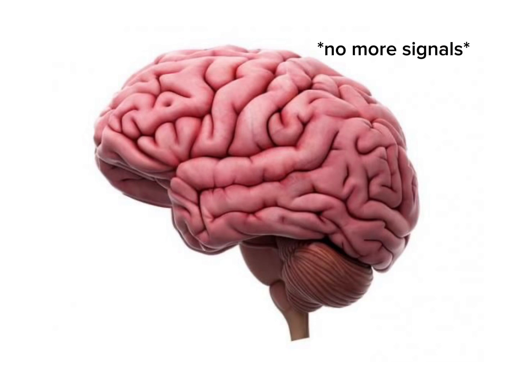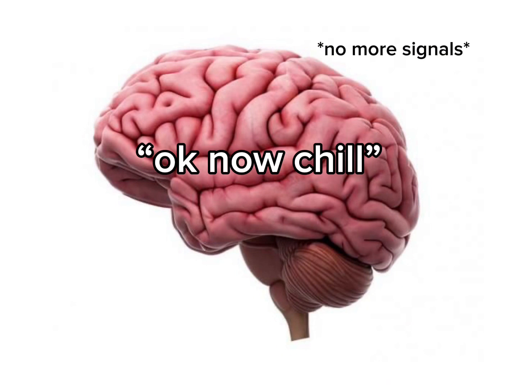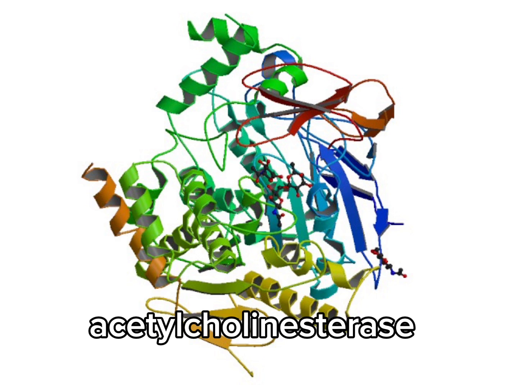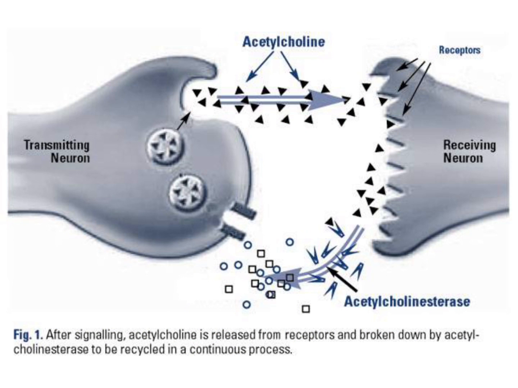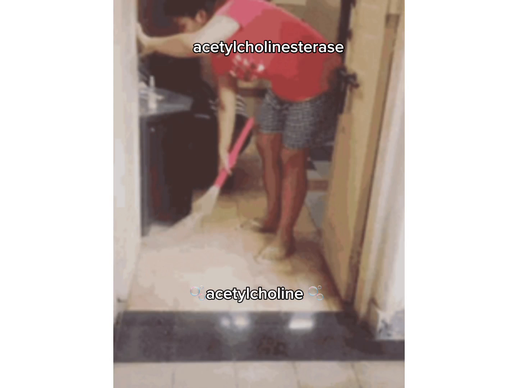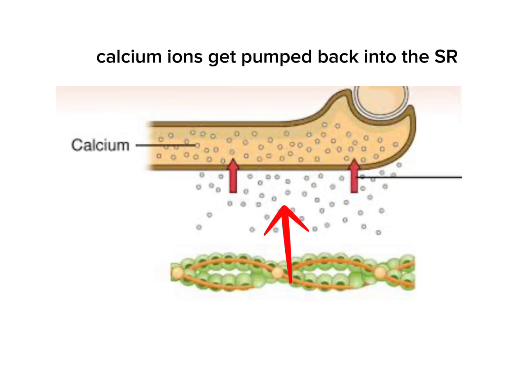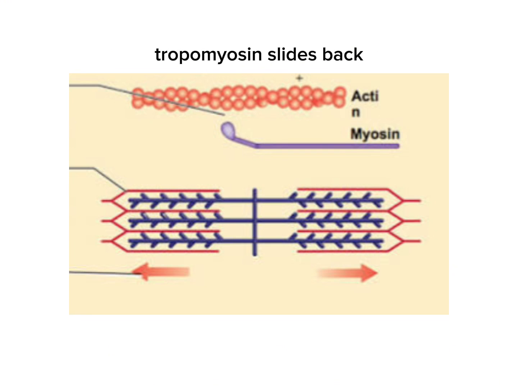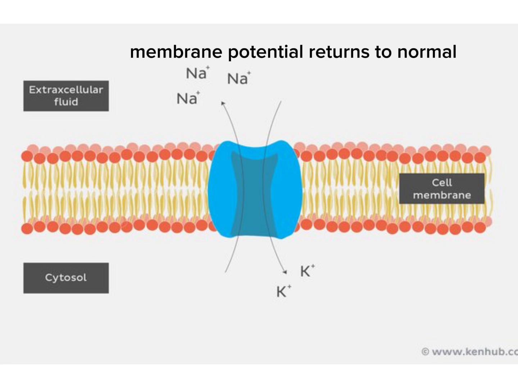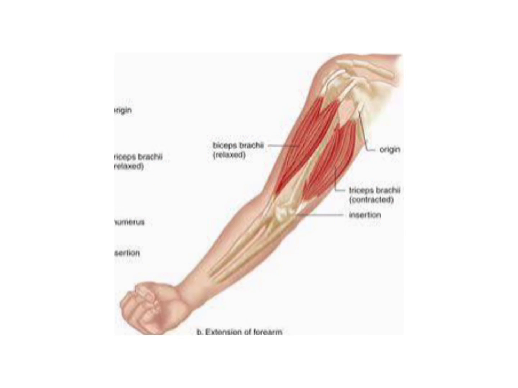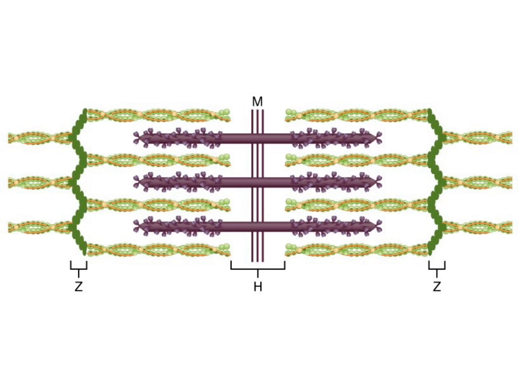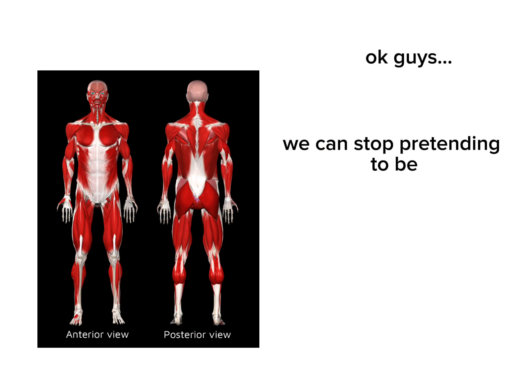And when the brain stops sending signals, everything has to chill out. So acetylcholinesterase, I don't know how to pronounce that, comes in and it breaks down any leftover acetylcholine. So it basically cleans up all the messages. Then the calcium ions get pumped back into the sarcoplasmic reticulum, the tropomyosin slides back to block the actin sites, and the membrane potential goes back to normal. The muscle relaxes, the sarcomere lengthens again, and your body's like, okay guys, we can stop pretending to be the